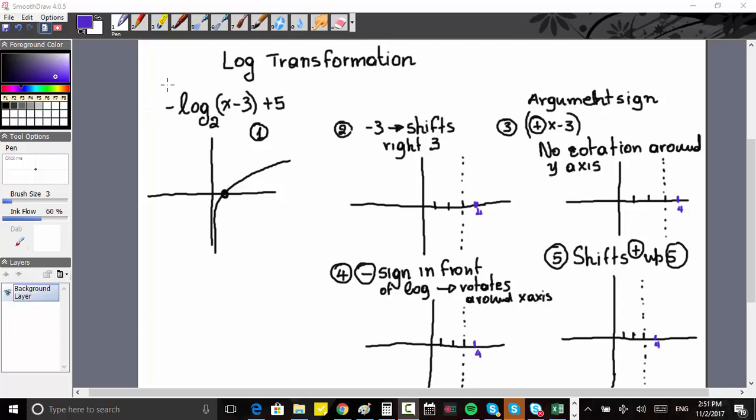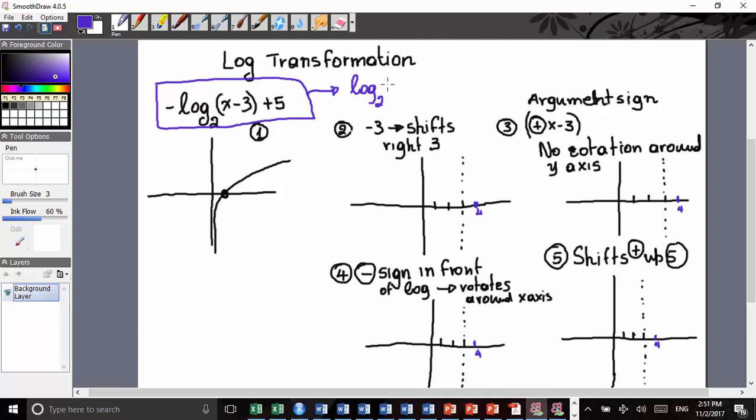Let's review together an example of a logarithmic function and how to graph this by transforming the initial logarithmic function, log base 2 of x. The first thing that we need to remember is the form of the general logarithmic function, and this